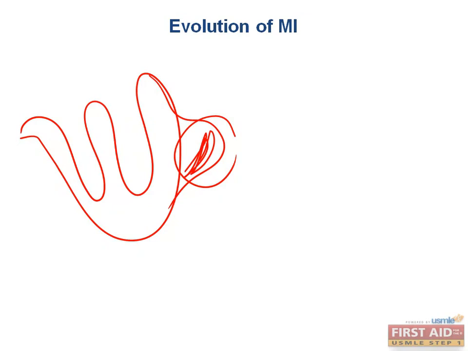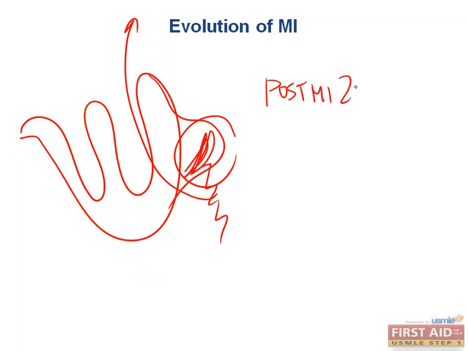Remember, we can also see a mural thrombus associated with a pseudoaneurysm, but that is a thrombus that actually forms to cover the defect, as opposed to this, which is a thrombus formed in the pooled segment of blood within the hypocontractile hypokinetic segment of fibrotic myocardium. Forming a huge clot in the chamber that pumps blood to the rest of your body is a slight problem. All that has to happen is for a couple of pieces of this thrombus to break off, embolize, and now we're throwing clots everywhere. As important as that is, the high yield element of the post-MI 2-week period and onward